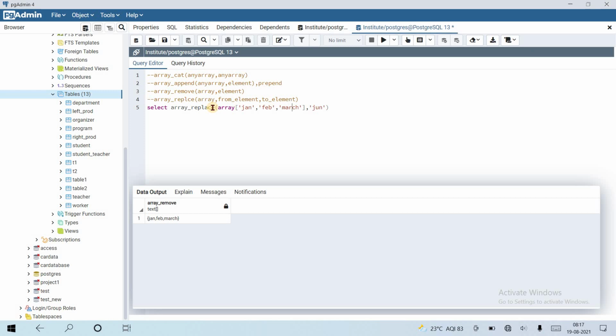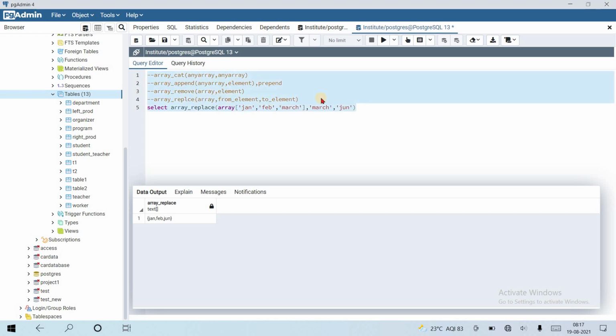From January, February, March, replace March with June. Okay, let's see. Yeah, now the output is January, February, and June. That's it. So array concatenate appends an array at the end, array prepend adds an element at the start, array remove removes an element from an array, and array replace replaces some element with another element at that position.